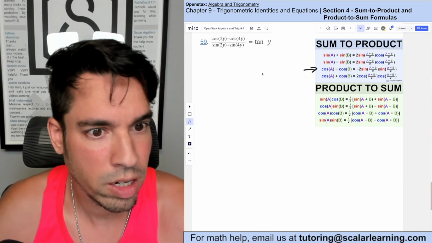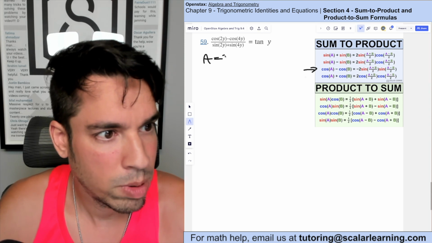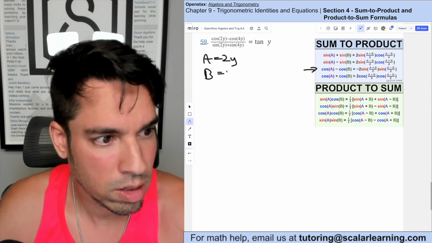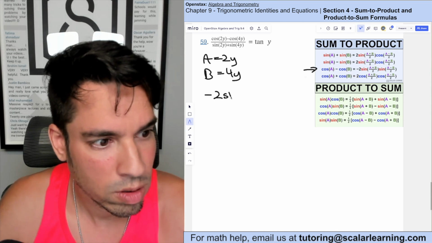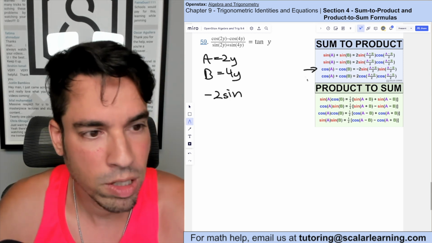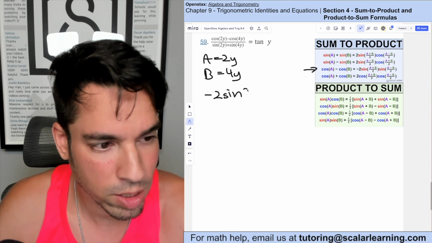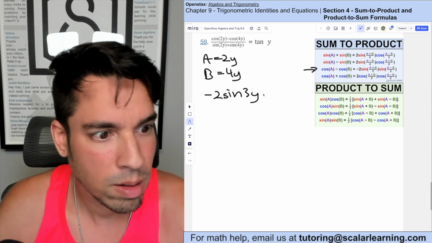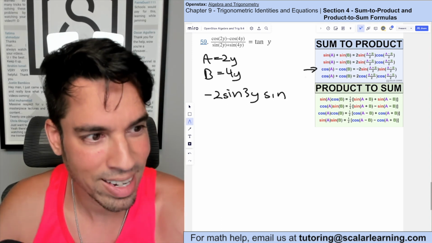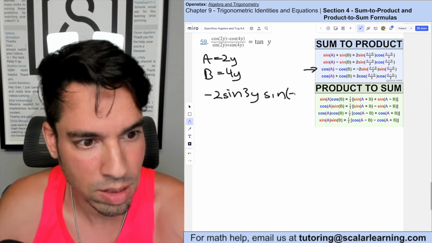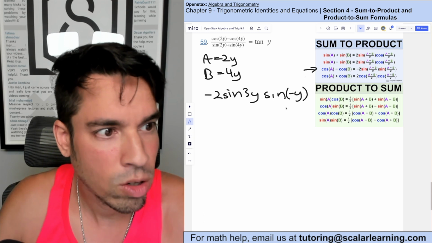For this one, I got cosine minus cosine, so we're going sum to product. So we're going to start here. And a is going to be 2y, b is going to be 4y. So let's apply that. That's going to be negative 2 sine of (a plus b) divided by 2. That's 6y divided by 2, which is 3y. And then times sine again of (a minus b). 2y minus 4y is negative 2y, divided by 2 is negative y. And that's all going to be over